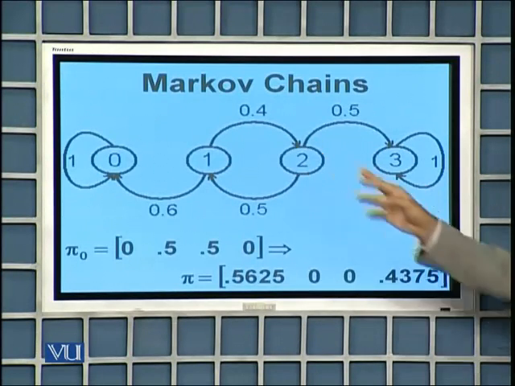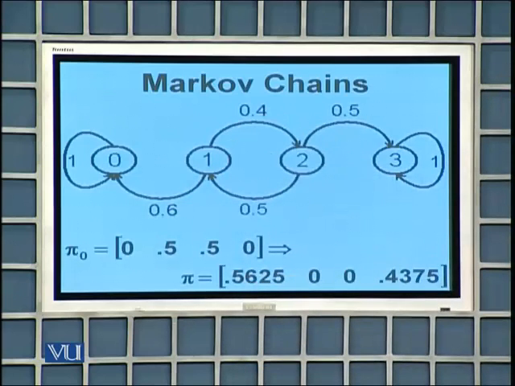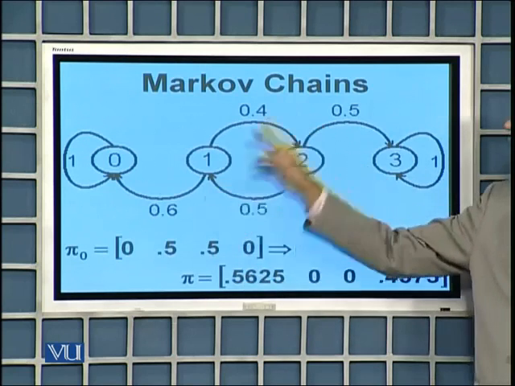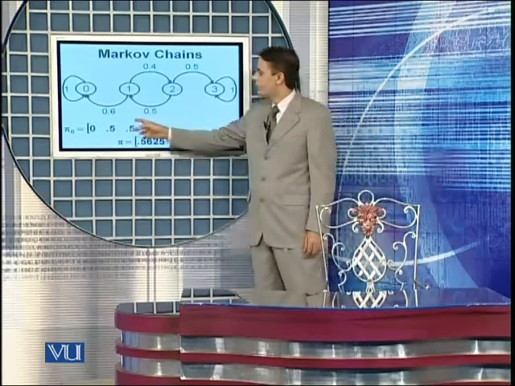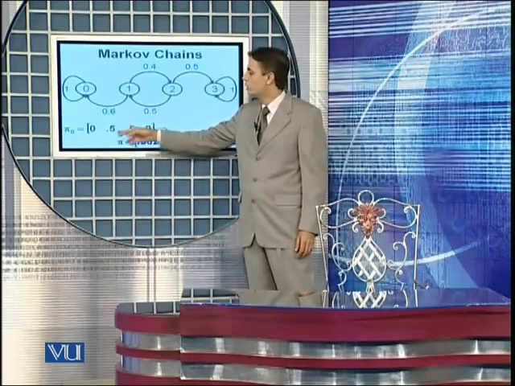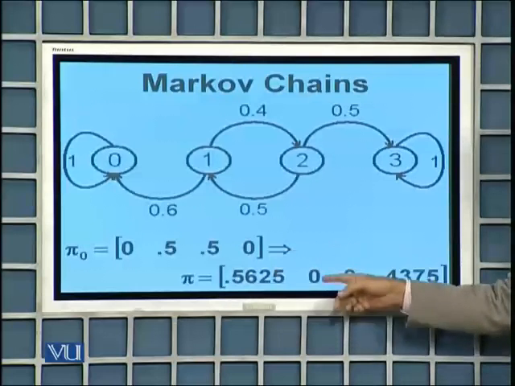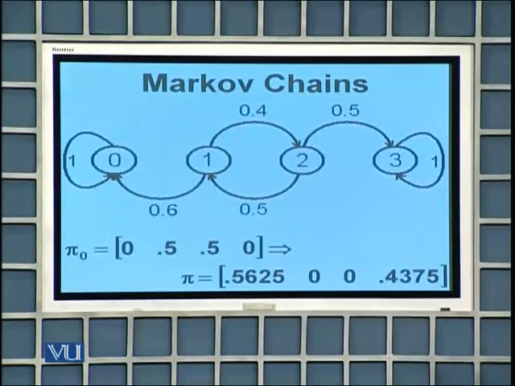You can imagine if I change this number to 0.5 and this number to 0.5, how this long-term probability distribution is going to be. I leave this as an exercise: solve this Markov chain in terms of stationary probability distribution with these numbers replaced with 0.5 and 0.5. You should observe that if we start with an initial probability distribution with non-zero entries assigned to transient states, the stationary distribution replaces them with 0 and assigns some positive numbers to the two recurrent states.